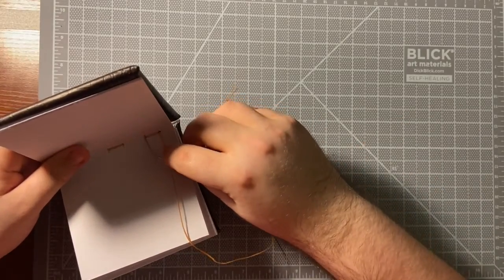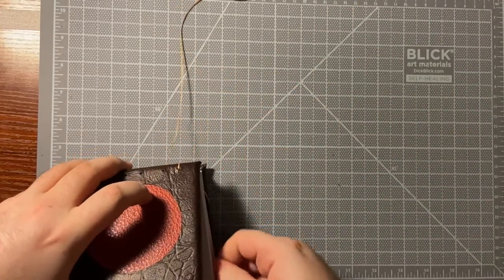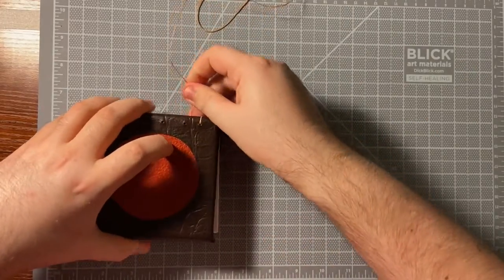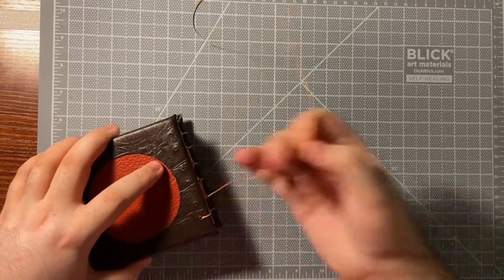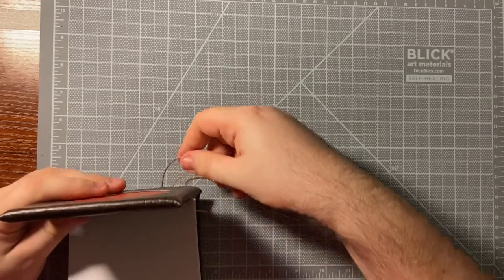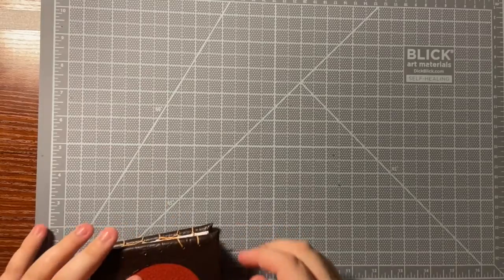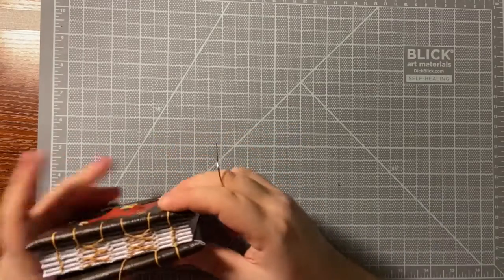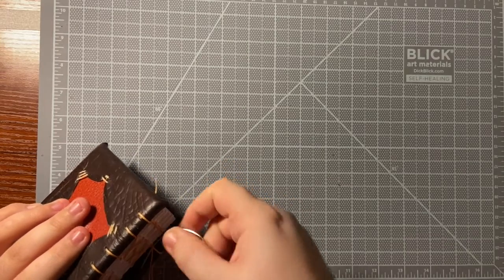You move on to the next hole in the signature. My string is getting caught a bit, but that's fine. Just making sure I keep getting it unstuck as it keeps getting stuck. I go through the second hole now, and I pull through. And then I pull it around that loop there,